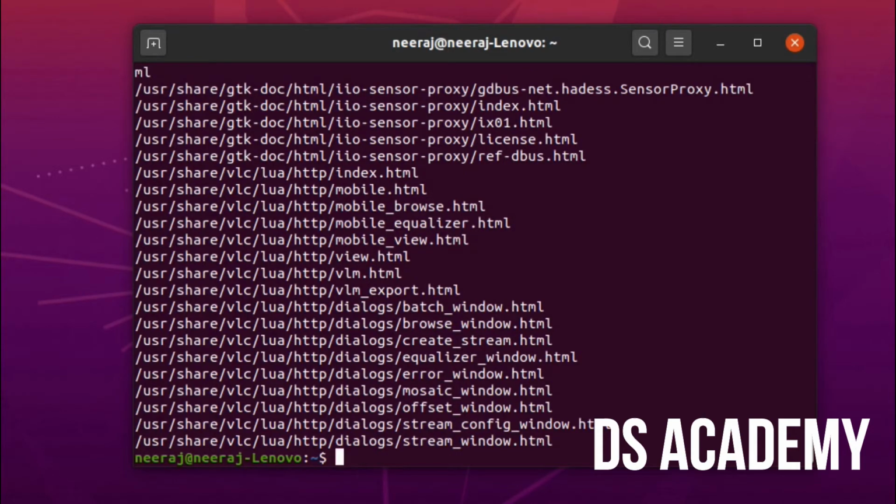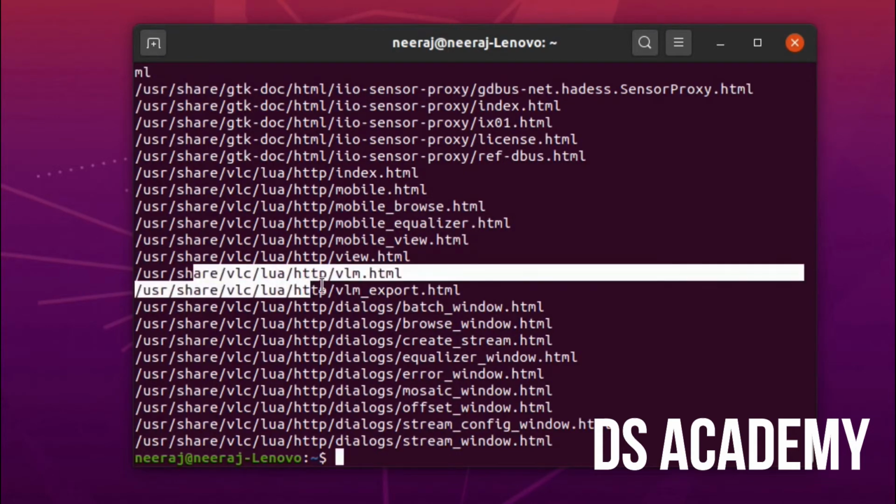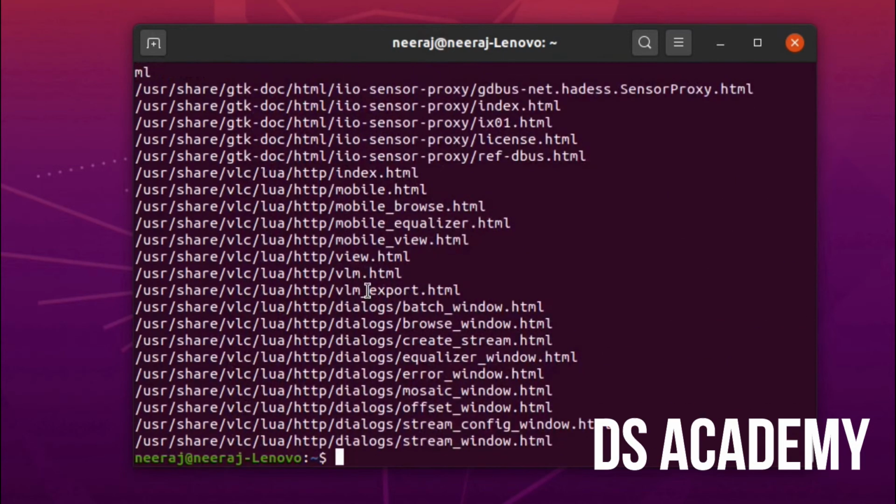If I say locate and the file name, this will locate all my files present in my system.